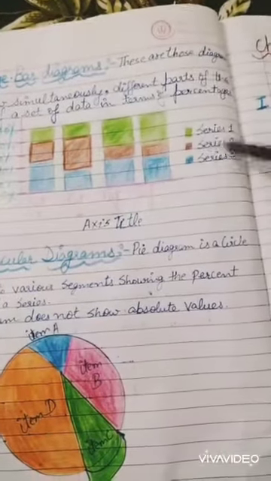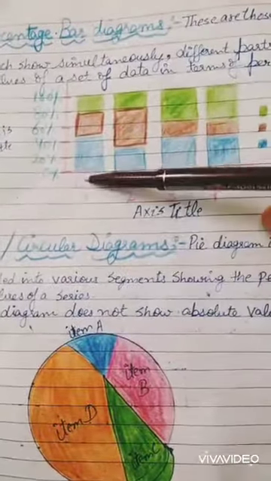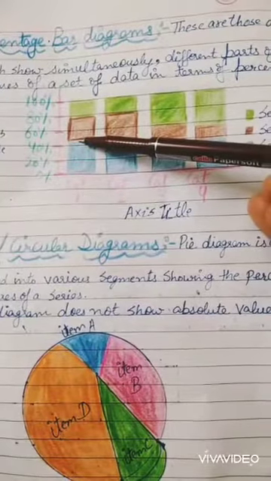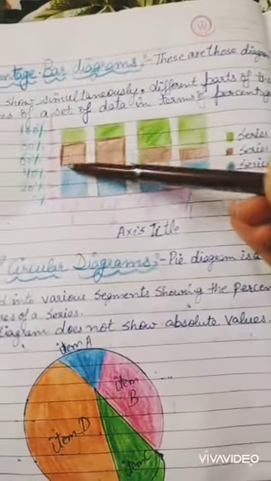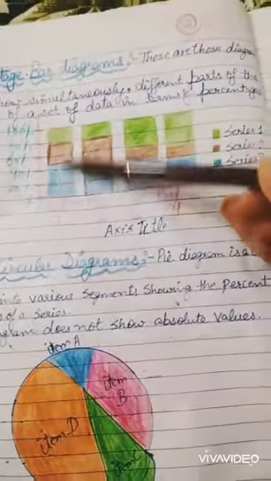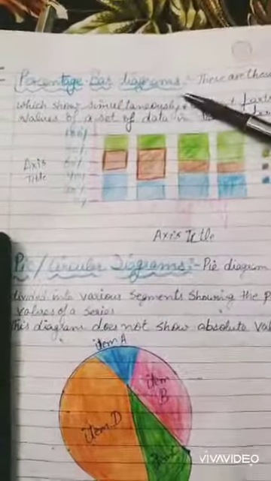Okay, one series, second series, third series, I am representing them in different colors. Okay, category 1, 45. Okay, 45% we sold blue tiles, in the third series brown tiles 80% and green tiles 100%. Okay, these are the four different categories. The data which we show in different parts but in the form of percentage is known as a percentage bar diagram.